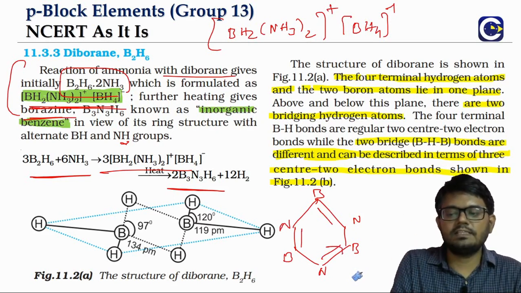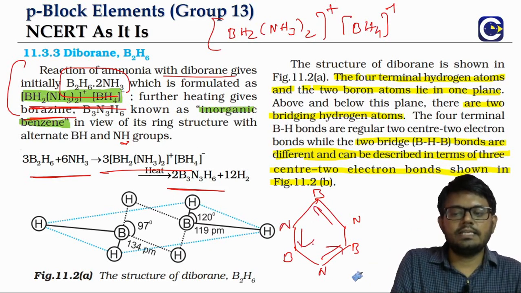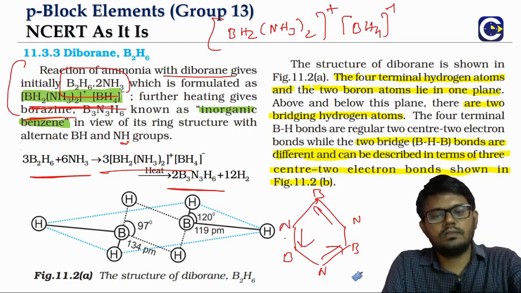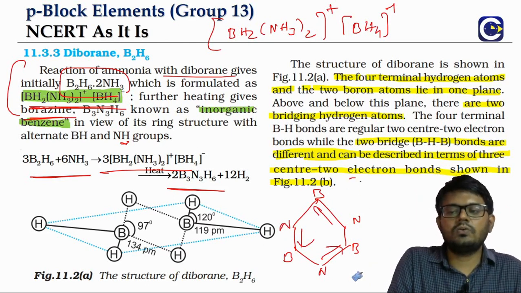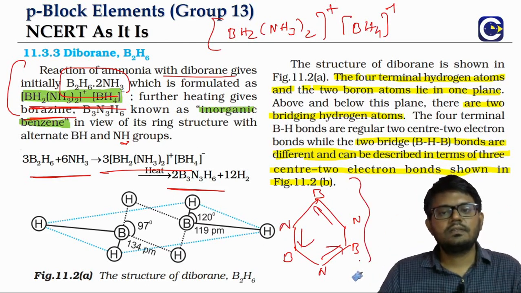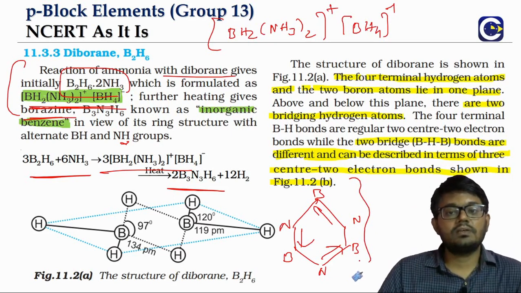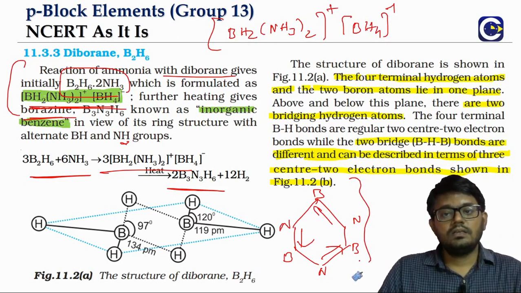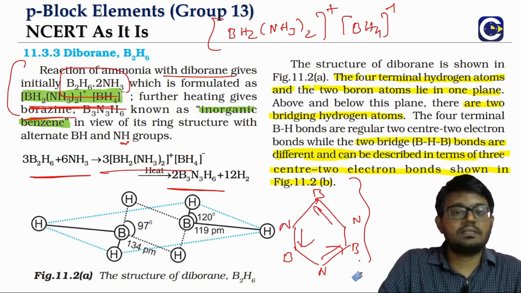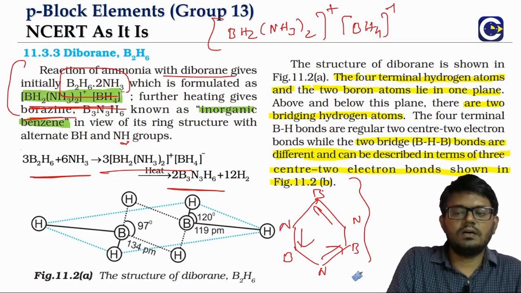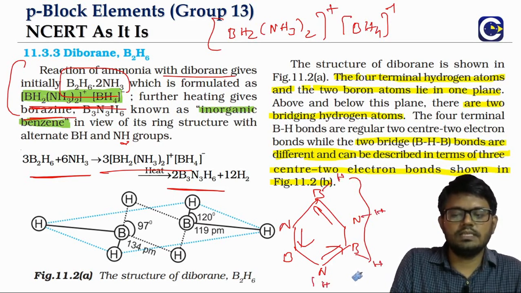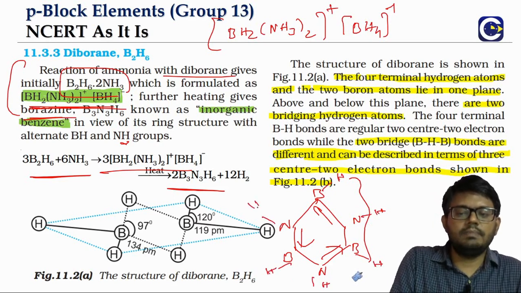Here the difference is that the double bond is actually a coordinate covalent bond, nitrogen forming a coordinate covalent bond with the borons. You can see this is also going to have resonance, just like in the case of benzene. This will also have a planar structure. That is the reason we call it inorganic benzene. Each of these borons as well as nitrogens is bonded to one hydrogen. You can see it's very much like our benzene structure.